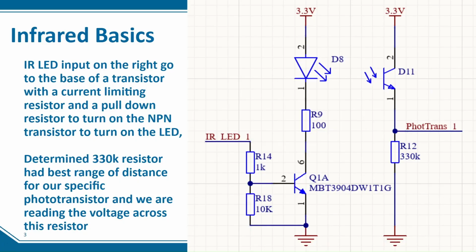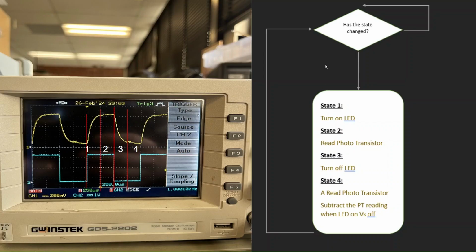So just to go back to the state machine right here, that is how our state is changing. Our timer interrupt is interrupting every 250 microseconds to add 1 to the state, which will change the state from 1 to 2. And it'll check if the previous state, for example, if the previous state was 2, and then it's just looping here, and then boom, the timer interrupt happens. It jumps out of the code, adds 1 to the state, and then now, like for example right here, now